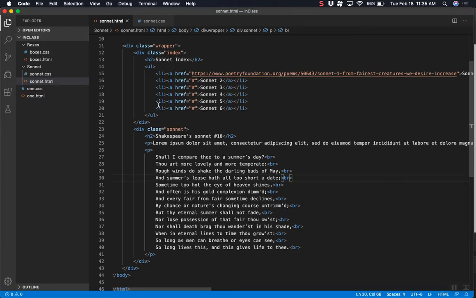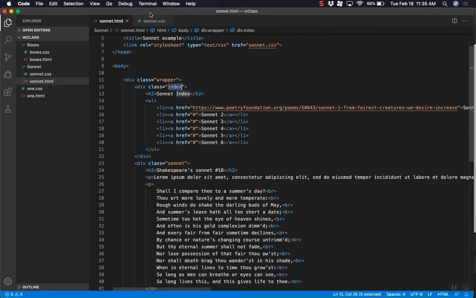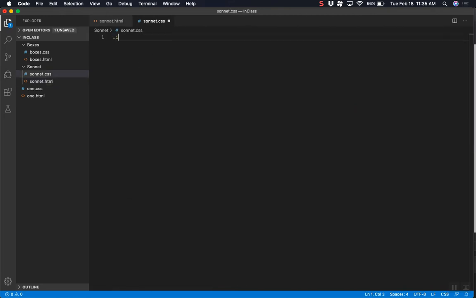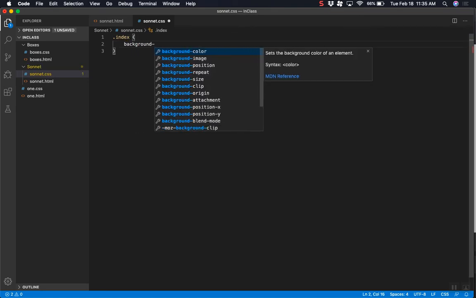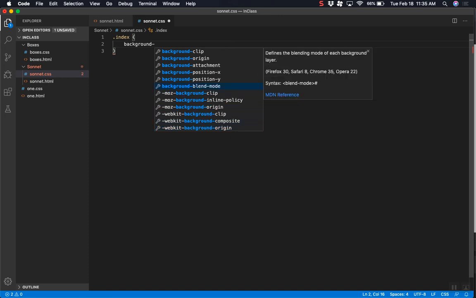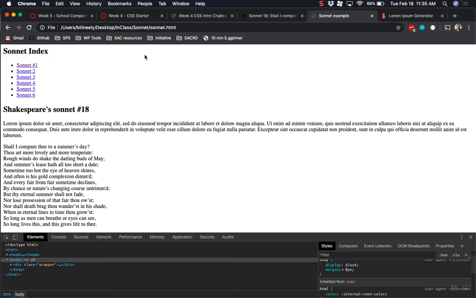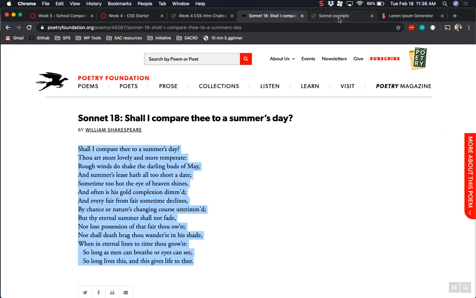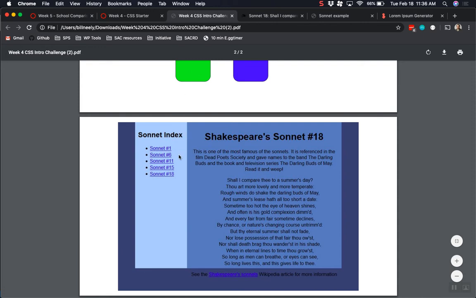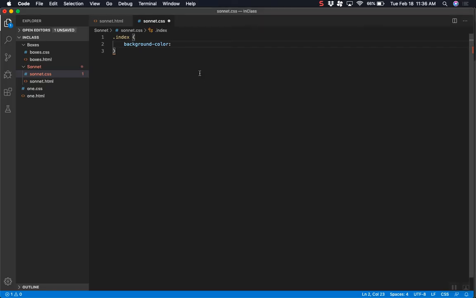Okay. So now we go to CSS. So let's put the background on the index. So on my index class, I want to give it a background color of what color is that? Do you think? Oh, here's the example. That's maybe like a light blue. This is like a slate blue, and that's like maybe a dark slate or something like that. So let's call this light blue. Okay. And on the sonnet, let's give that a light